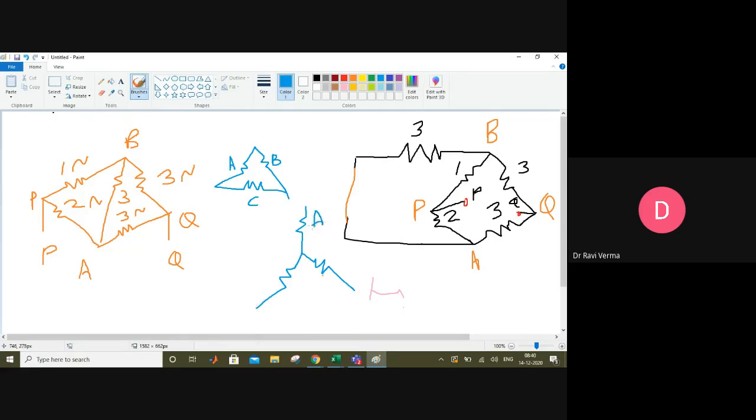Clear? Okay, sir. So this shape of 3, 3, 3 ohms, how does it look? It's a star or a delta? Tell me which shape is this. Delta. Good. So I have to convert it into the star. If you convert delta into star, it will look like this. Then you know the formula for delta to star: product of the adjacent arms divided by the total resistance. So 3 into 3 divided by 3 plus 3 plus 3. So this will be 1, this will be 1, this will be 1. Any doubt? No, sir. Okay, good.